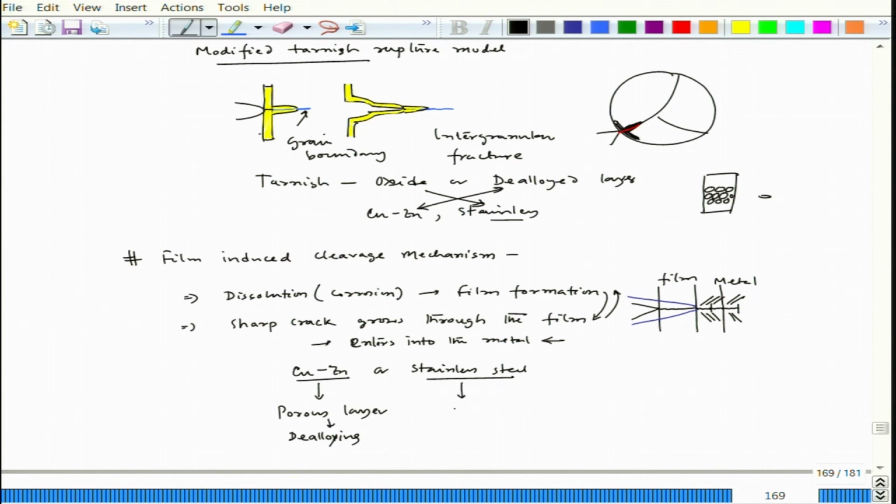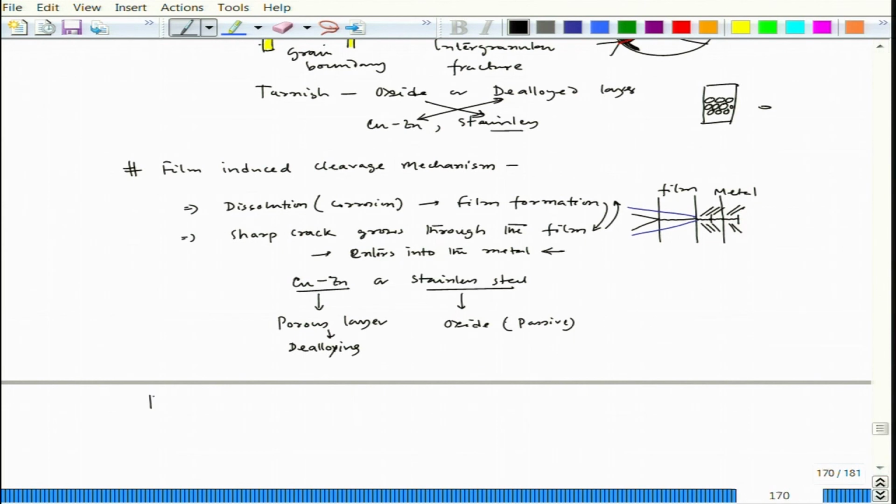And in case of stainless steel, it is basically an oxide layer, which is the passive layer, and that oxide layer could be highly brittle, and that brittle oxide layer can be cracked open by the growing crack tip, and then these two things happen in a cycle. So, that way this film induced cleavage mechanism can be explained. And the last one we can think of is basically the